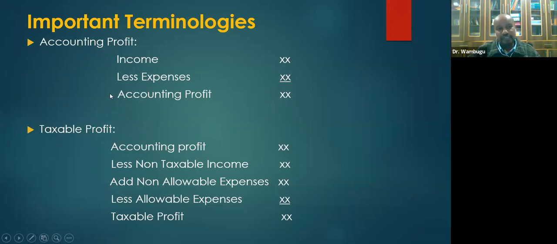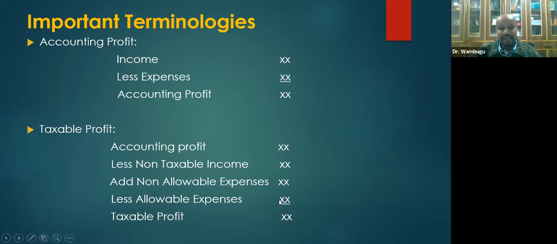Now, accounting profit is different from taxable profit because accounting profit incorporates some things that should not be taxed and others that should be included when you are calculating tax. So now, when your accountant is calculating for you what tax you should be paying, they take your accounting profit and then they remove all those incomes that should not be taxed, and I'll explain which ones should not be taxed, and then they add back all the expenses that should not be allowed, and then they now